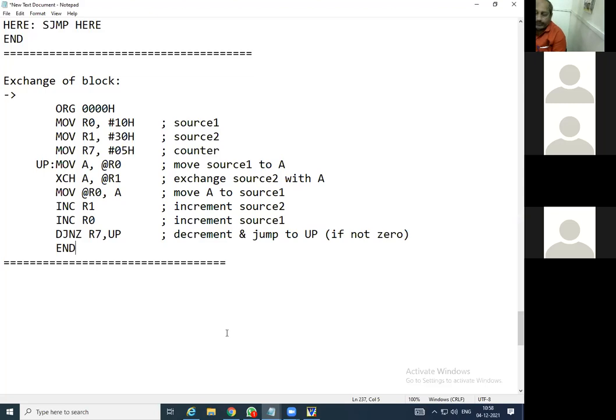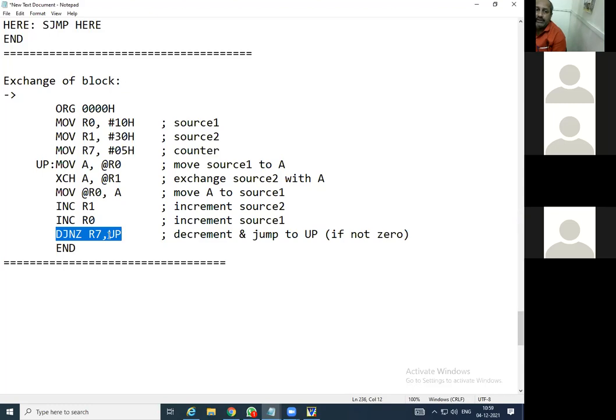I hope you have noted down this code for exchange of block. One care we also have to take while noting it down is where the comma is, where the hash is, where the semicolon is. That is very important. The space is immaterial, and uppercase or lowercase is also immaterial. But we have to take care for this jump.